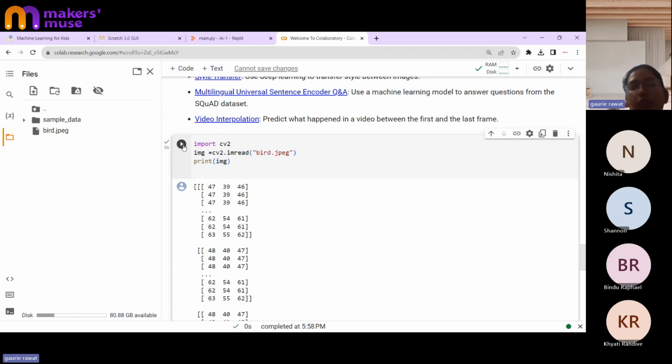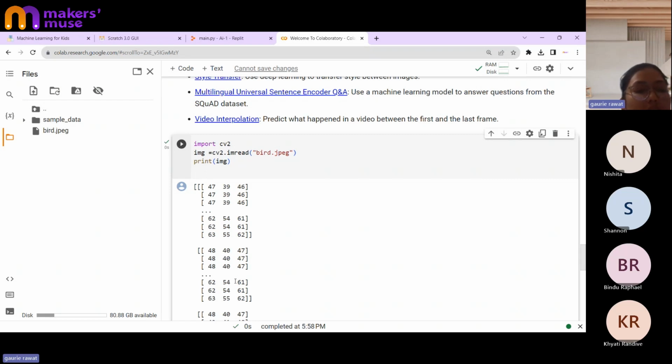So you see over here, it gives me different numbers. Now it's a very shocking thing: I have uploaded an image, so why is it showing me numbers? Basically, it's not showing me numbers, it's showing me the pixels, the RGB values of the image. Now how would I know whether this bird image is the actual image that has been uploaded, or some other image?